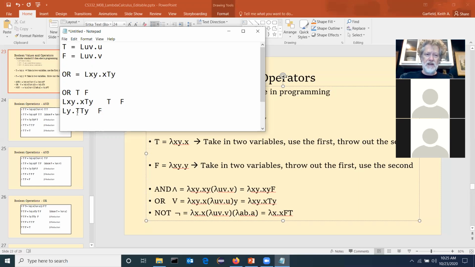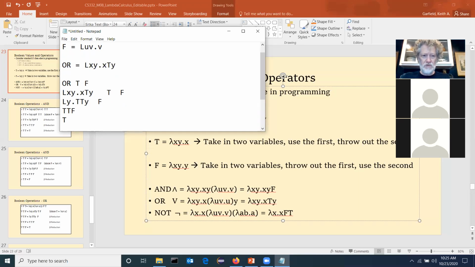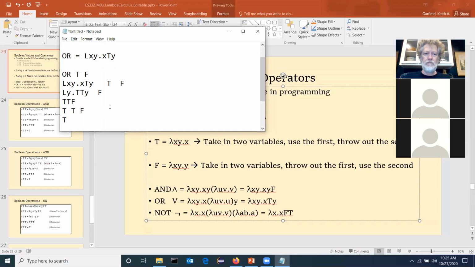You can already see what's going to happen. That true is going to grab the second true. Doesn't matter what the second argument is, because I end up with true, true, false, which I'm going to write this way just so we can. And what does the true do? It grabs the first one. Now switch it around, and we get